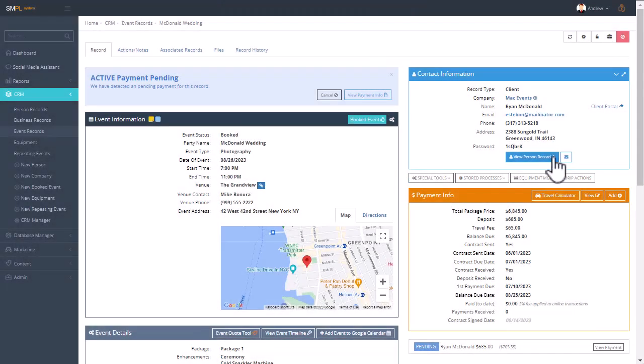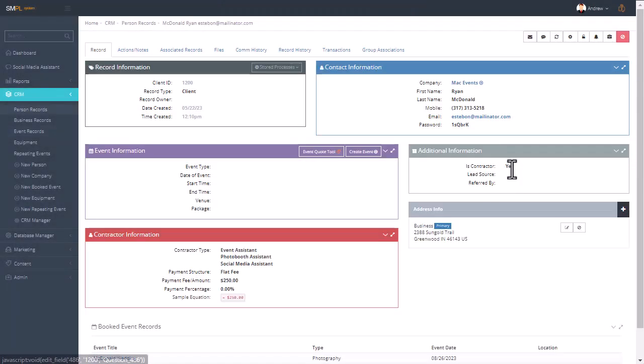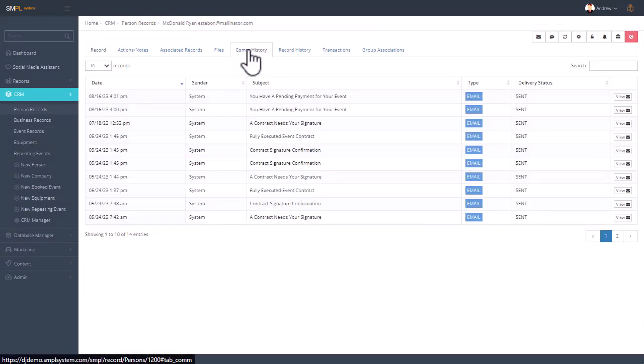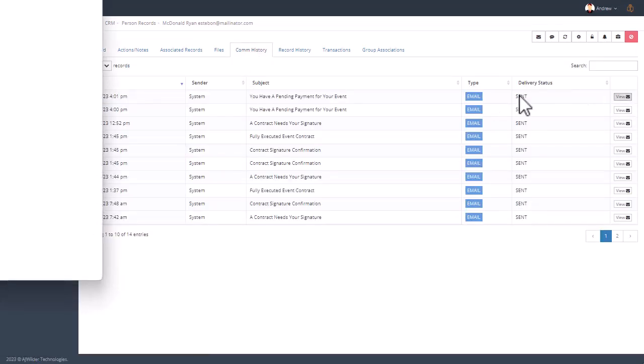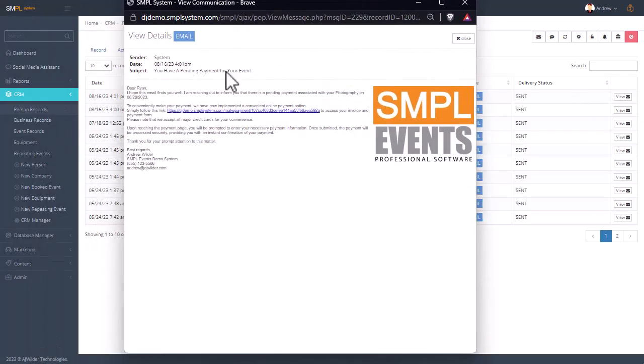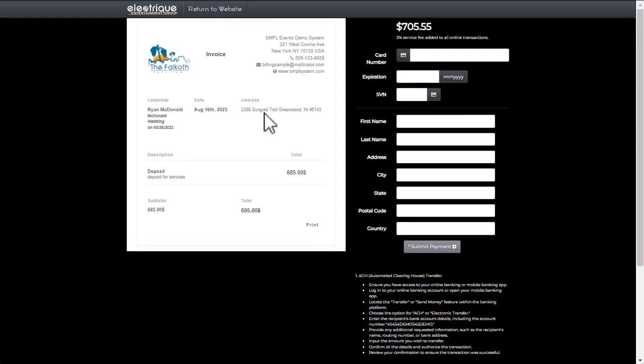If we actually go into the person record history and we go to their COM history, we can actually see that they have a pending payment. And if we click on that link, which is the same one that they get in their email, they're presented with this interface, which is an invoice on the left, and then a payment form that they can submit their payment